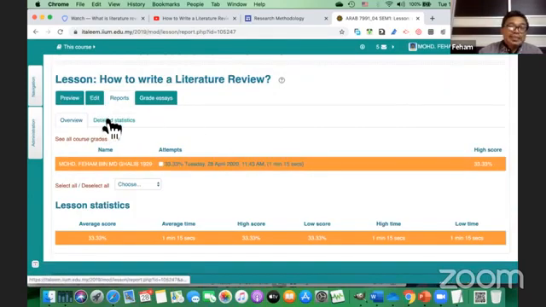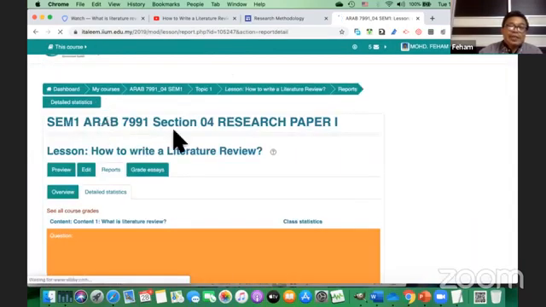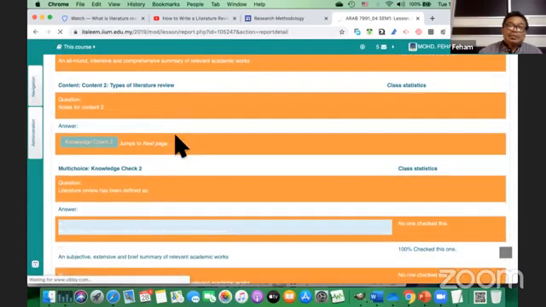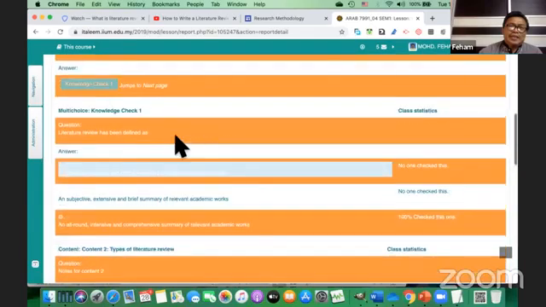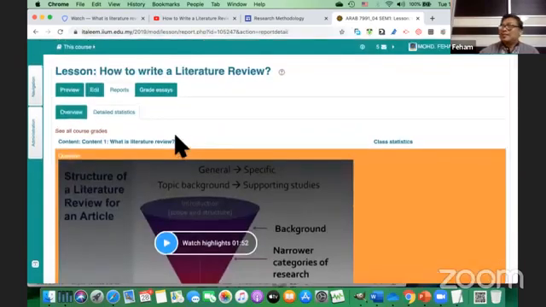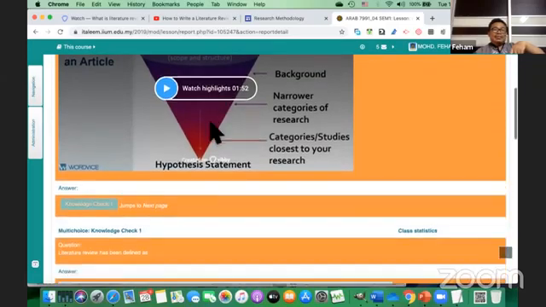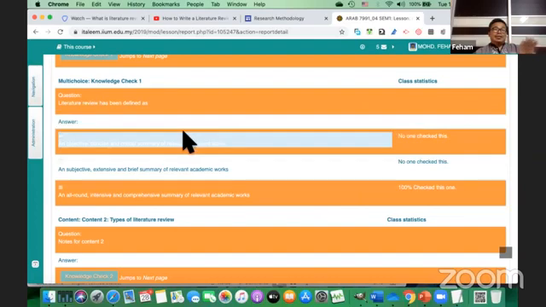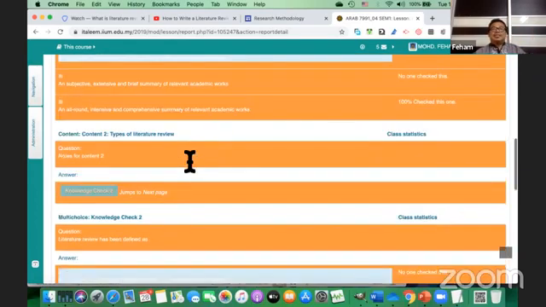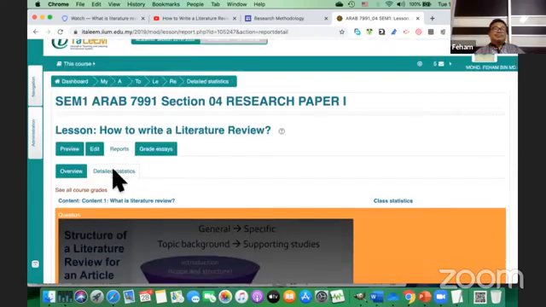Just move to detailed statistics. Then you have it listed here. I'm not sure whether the average and the error estimation are calculated here, but you have the statistics in a raw manner: how many students opted for the first option, and then for the second option, and the rest. It's under detailed statistics from the lesson module itself that you have created.